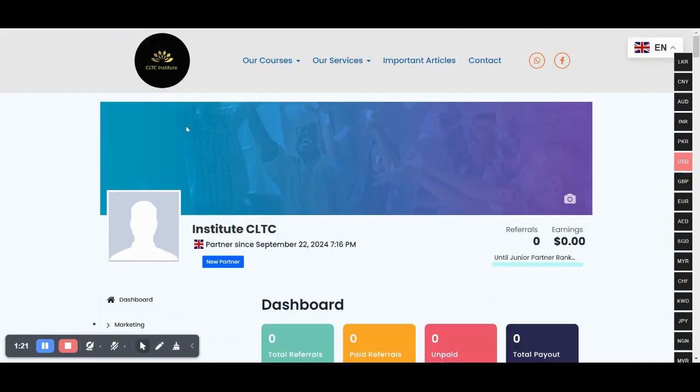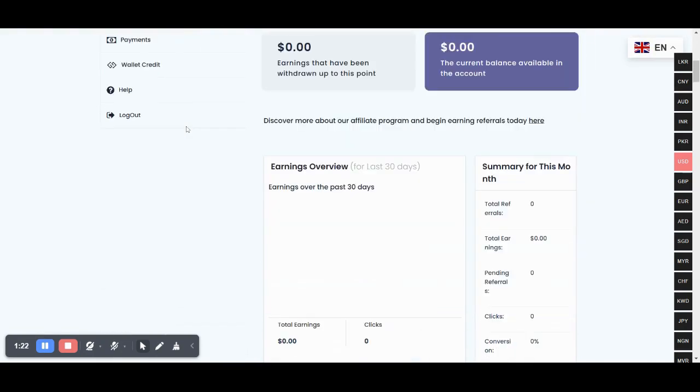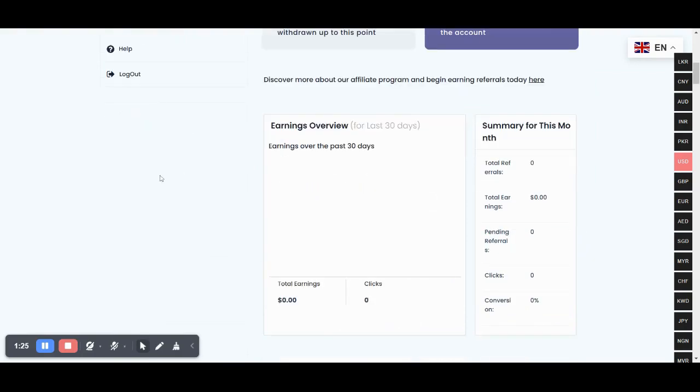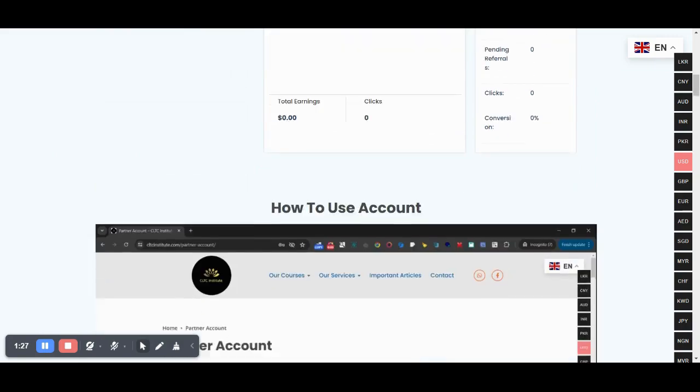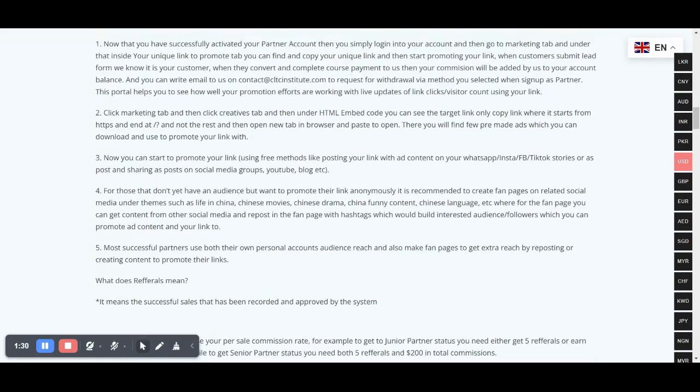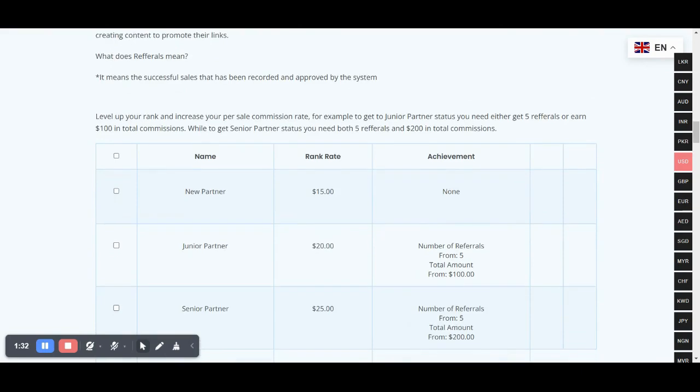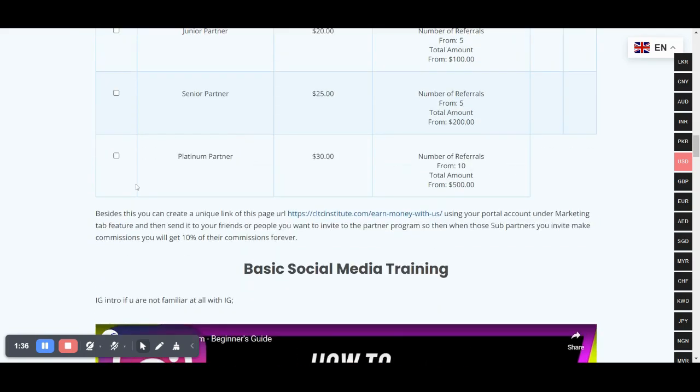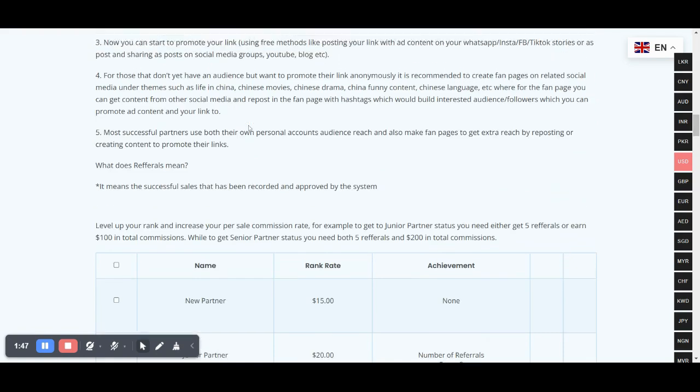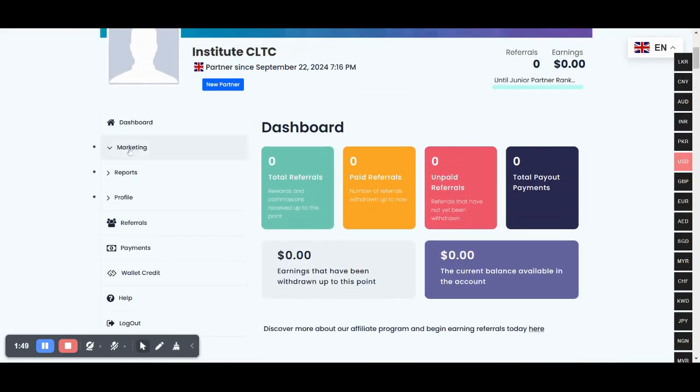Besides this, you can also go back to the dashboard and copy the link seen under the section which mentions inviting users to the partner program, and then go to the Marketing tab and then to the Your Unique Links to Promote tab, and from inside here you can paste the link and generate a unique link, and then you need to inform the person you want to invite to provide you the info needed to fill out in the registration form,